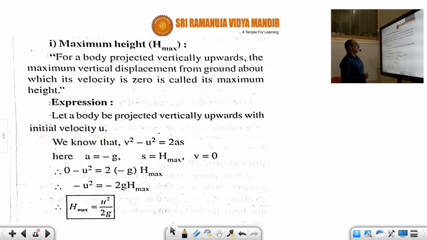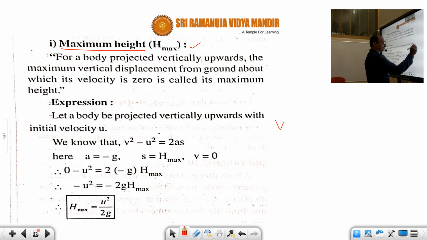Now I'll see the maximum height. So maximum height, say for example an object is projected vertically upwards, the height at which the velocity of the object is equal to 0 is called maximum height. So you know how to do this equation. Again I am repeating, v square minus u square equals 2as. Suppose an object is projected vertically upwards with velocity u, and at the maximum height its velocity v equals 0,